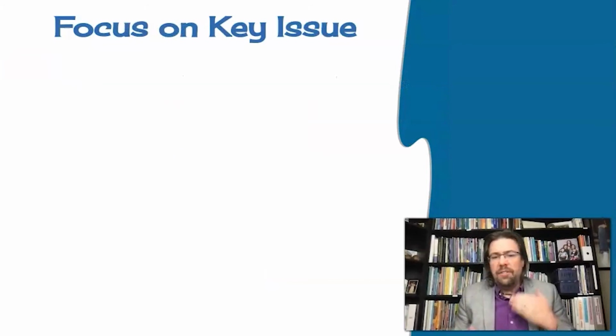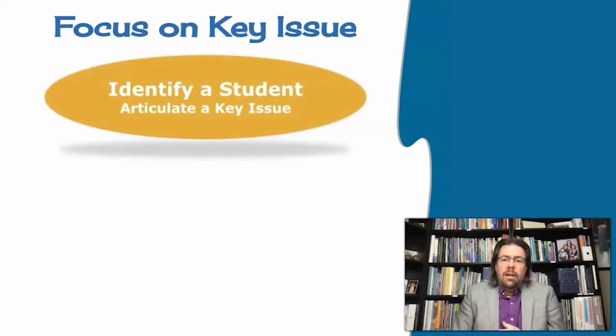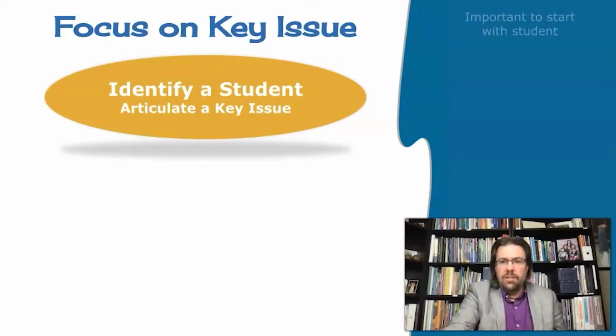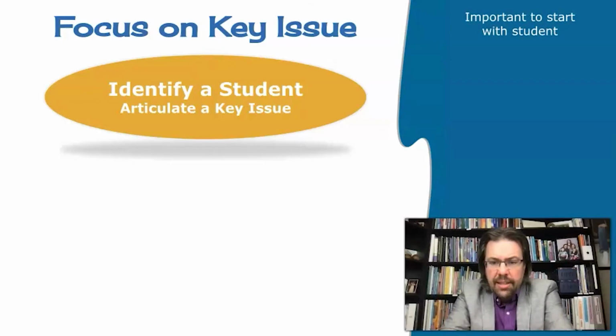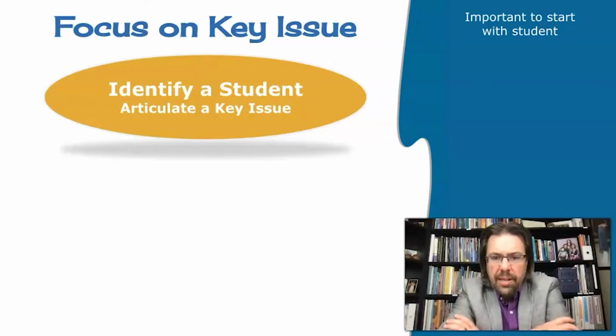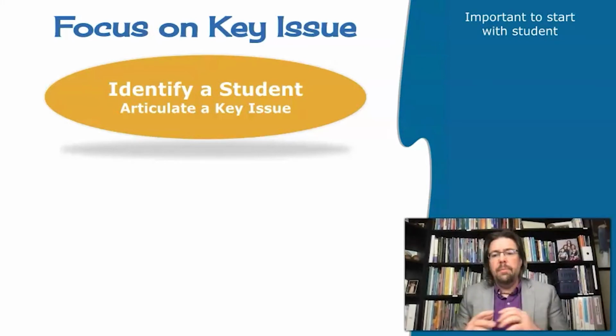So we've often talked about the need to start collaborative team meetings with an emphasis on reviewing your norms, picking one that you'll practice, then looking at celebrations. And then we want to ask the question of, is there a student that we'd like to examine, and can we articulate a key issue? So some of the things that are important in this is that it has to start with a student. We don't want to start with, I have a key issue, because it becomes too universal and doesn't have a